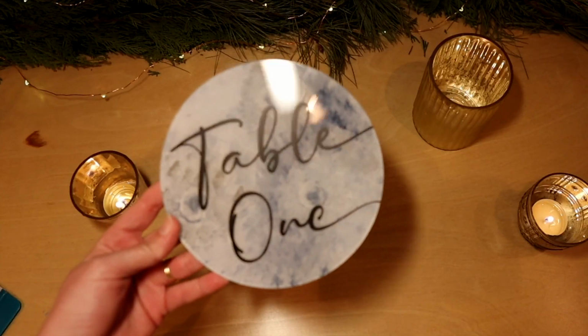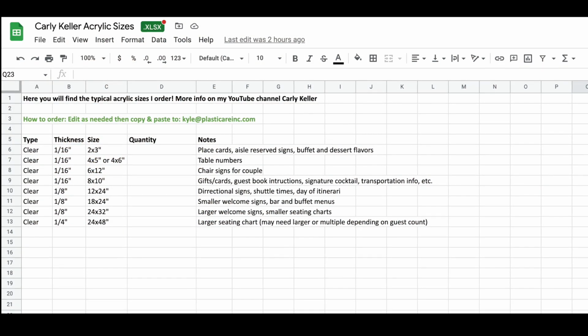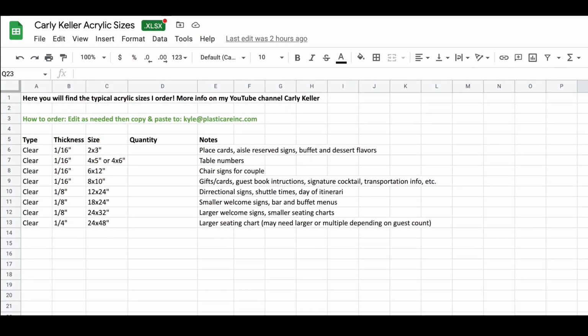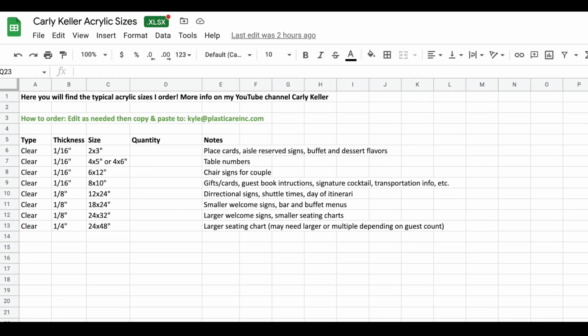99% of the time they can. I don't think there's a single project that they told me that they can't make when it comes to acrylic signage. Here is a quick example of the template that I created, so you can easily order acrylics from Plasticare,